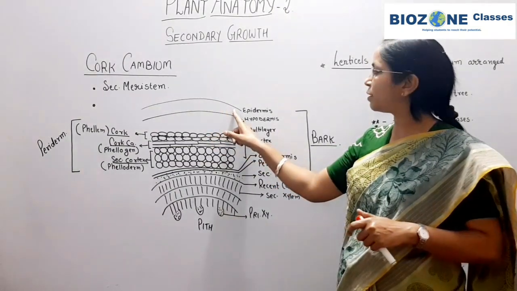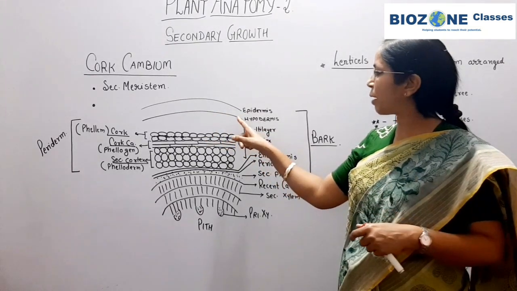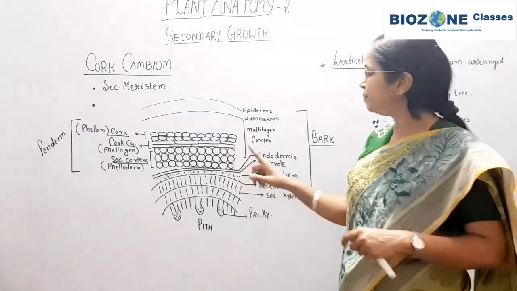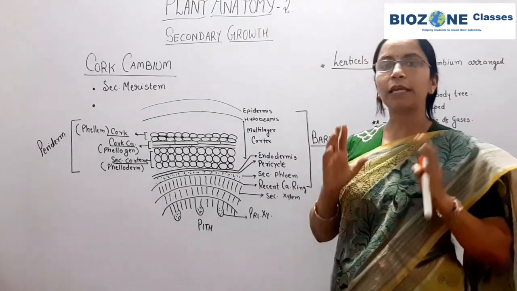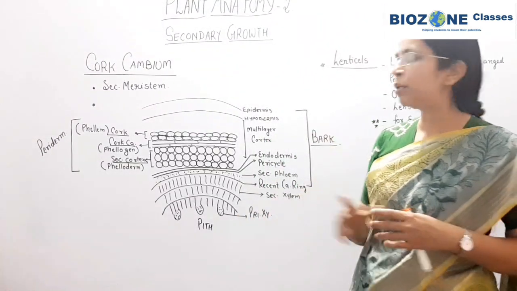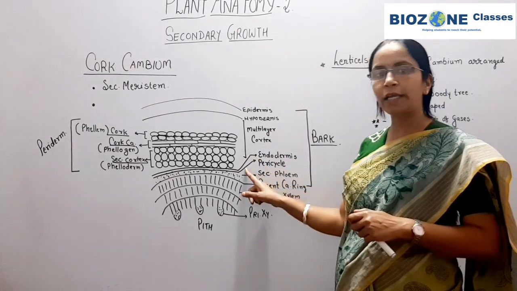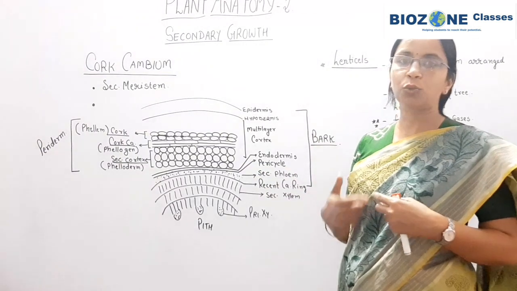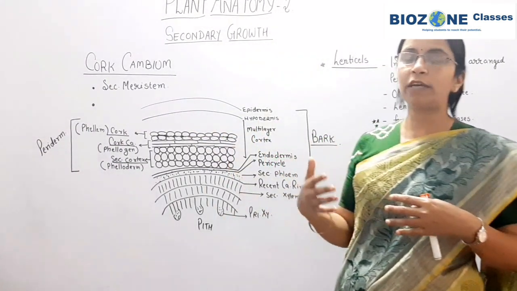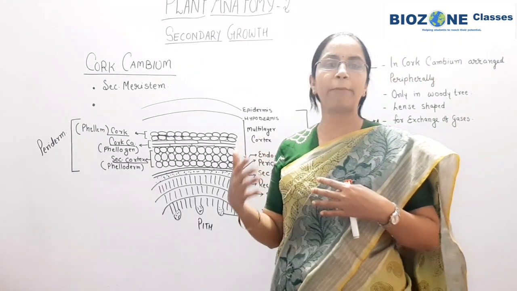So the outermost layer is epidermis, followed by hypodermis, and then in dicot stem hypodermis is followed by the multi-layer cortex of parenchyma. Normally when secondary growth is not present, in the primary body the multi-layer cortex is followed by endodermis, pericycle and the vascular tissue. But here we study the cork cambium. Cork cambium is always formed after the formation of multiple cambium rings.